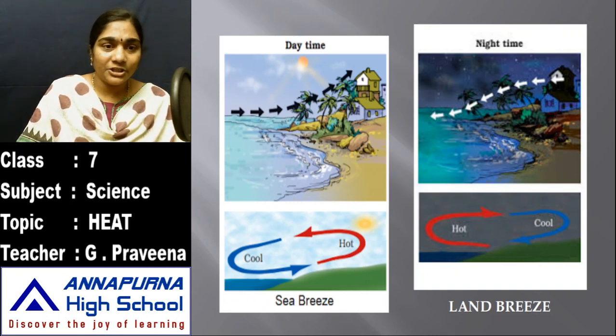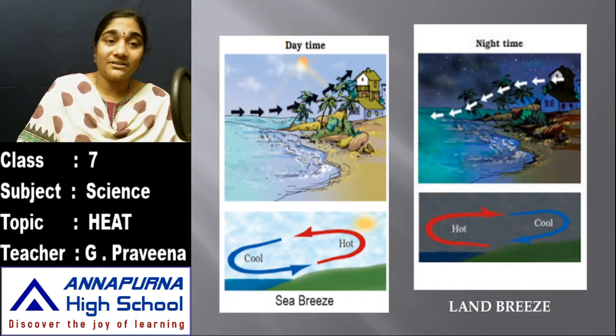So the air which is present over the land surface, as it gets heated, rises high up. Okay, and that air moves towards the seaside. So this empty space over the land is occupied by the air which comes from the seaside. So here, during the daytime, as the land gets heated faster when compared to the water, the air on the land rises high up and moves towards the sea, and the cool air from the seaside starts moving towards the land.